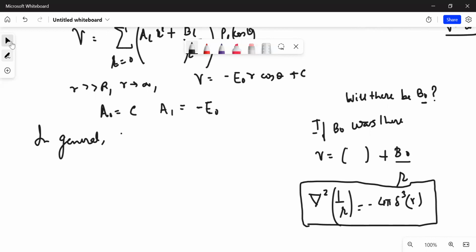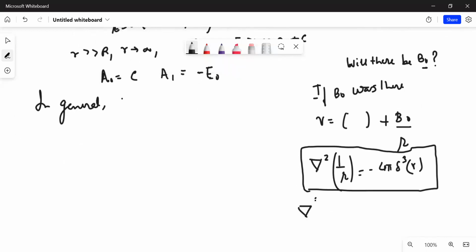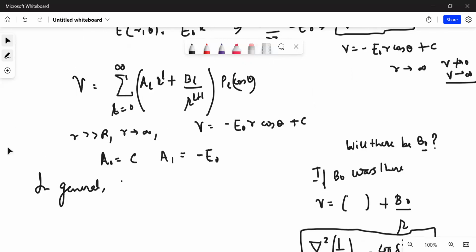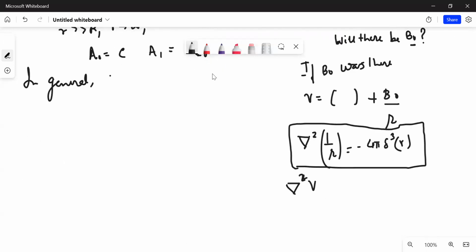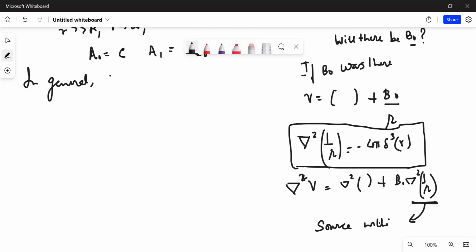So if this term remains, and I take the Laplacian of V, which is my initial equation, by this we are solving only the Laplace equation, isn't it? So if I take del square V, there would be del square of these bracketed terms. I am not concerned about those, but this will also be there. And having this term means you are having some point charge at r equal to 0. It implies that there is some source within. But we know that there is no such source. Del square of 1 upon r means there is a point charge at the center, that is at r equal to 0, which is not the case. So clearly B naught would not be there, since its presence